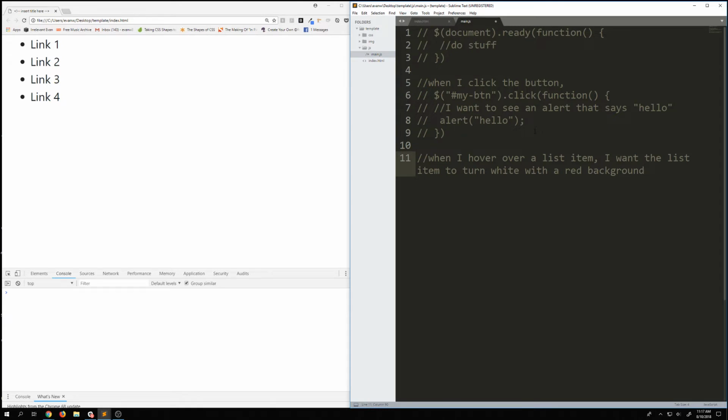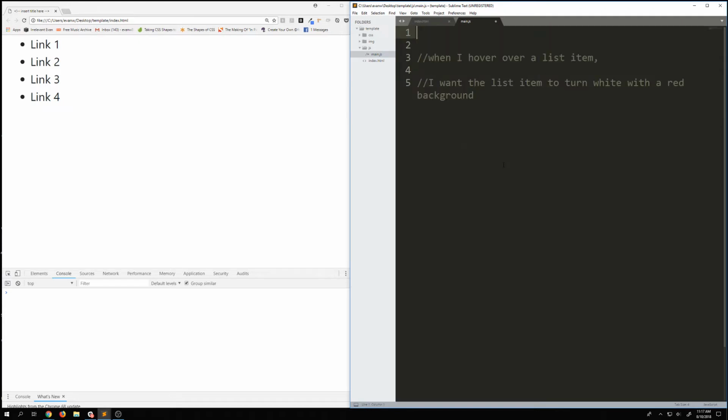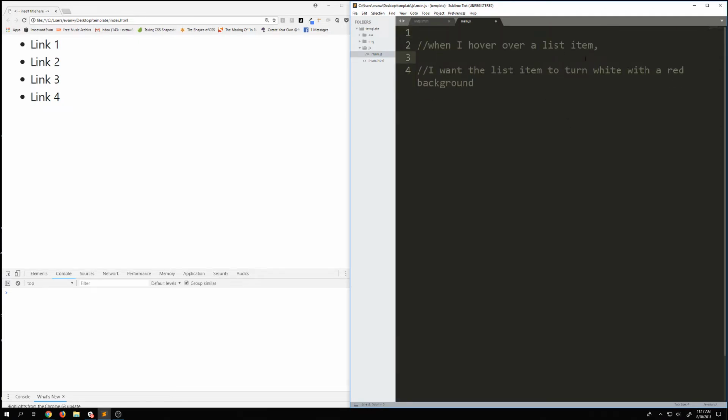Now, if you're thinking that this is something I could easily do in CSS, that's absolutely true, but we're going to build on this. We're going to build it out to a point where we could no longer accomplish this effect in pure CSS. So there is my prompt. Those are my two clauses. And first, we're going to